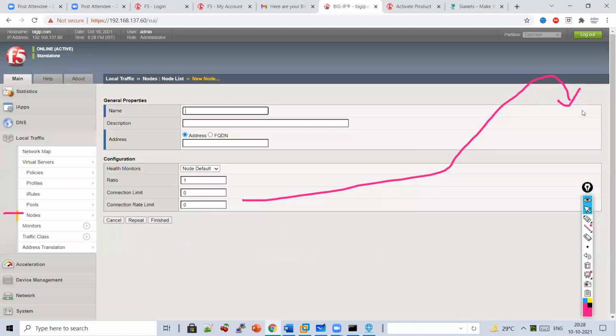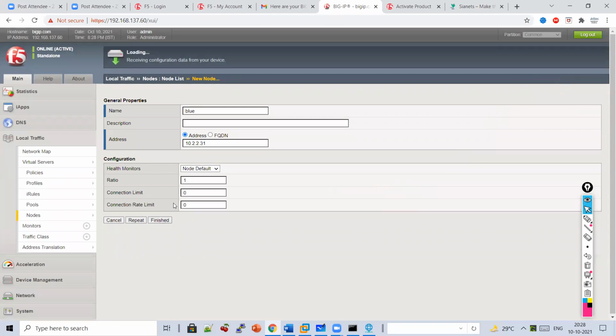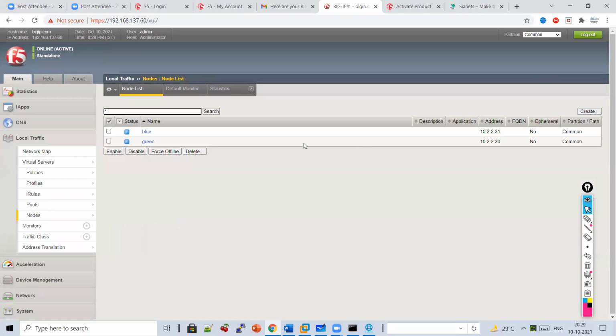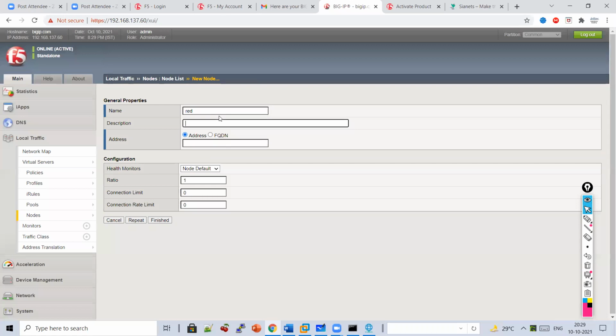Then I will create one more server, which is blue, 10.2.2.31. Finish. Now I will create one more server, red, 10.2.2.32.